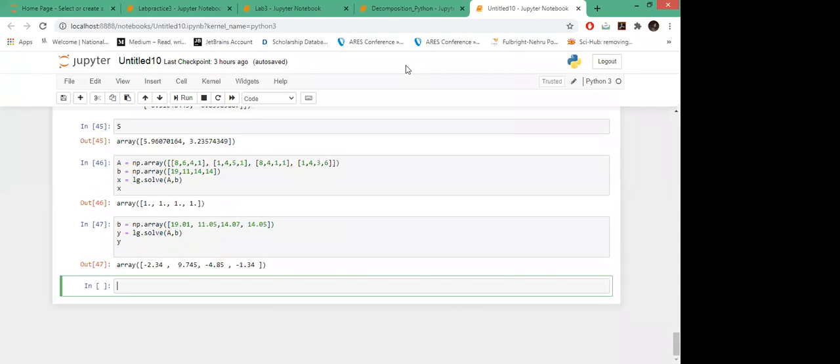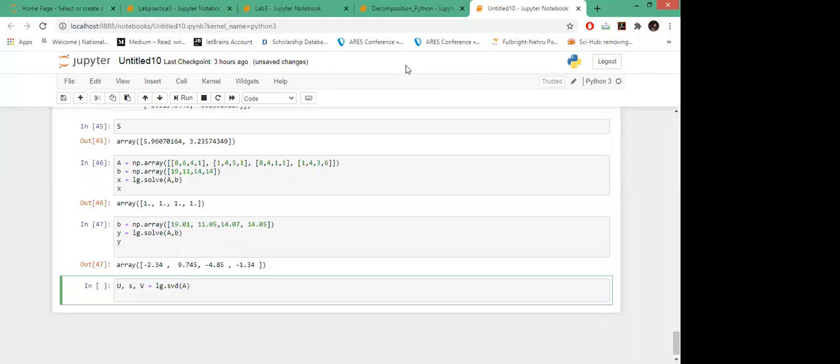What is the condition number of A? It is the largest singular value divided by the smallest singular value. Okay, so I will save this. I will call this function, and let's just call np.linalg.svd for A, right?